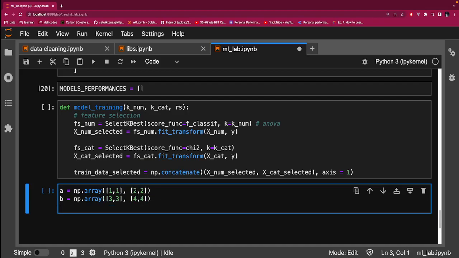So if I do np dot concatenate a comma b,